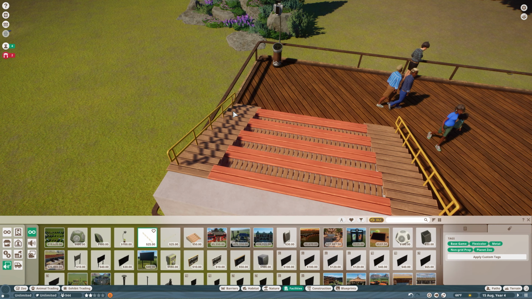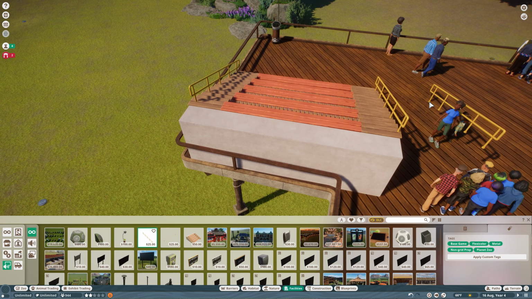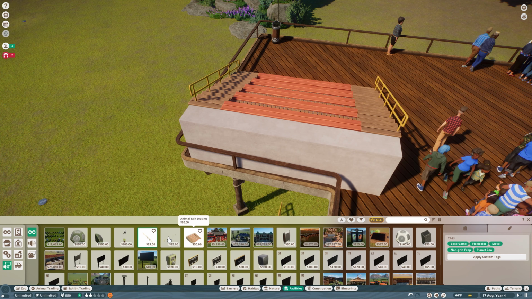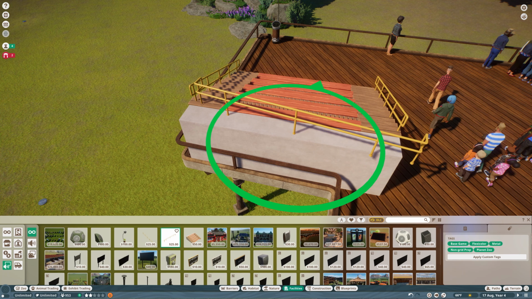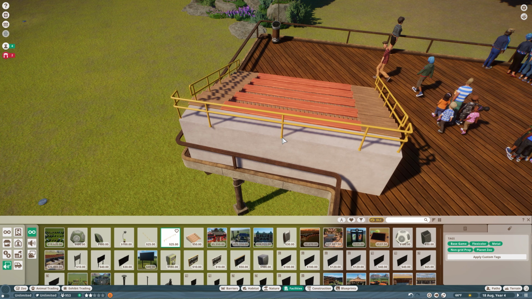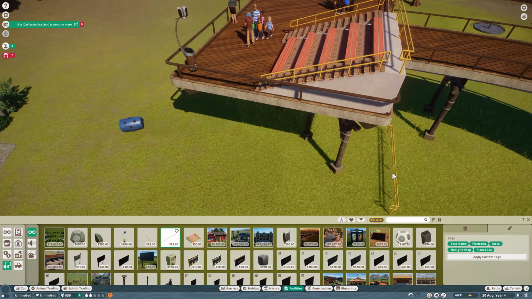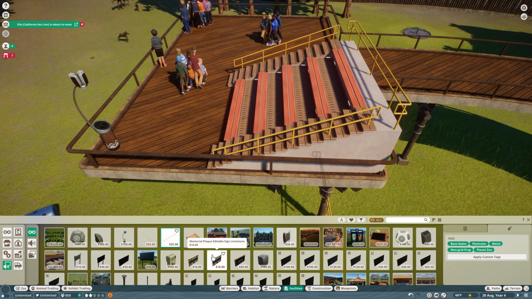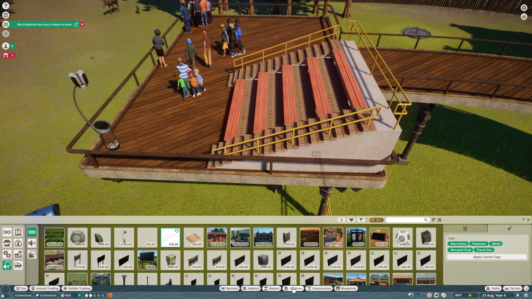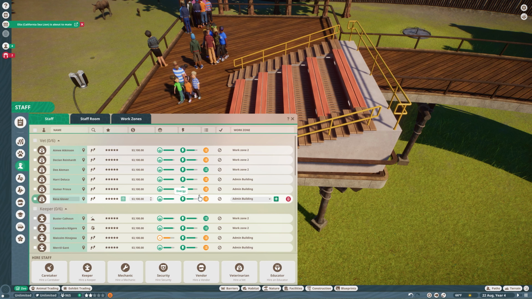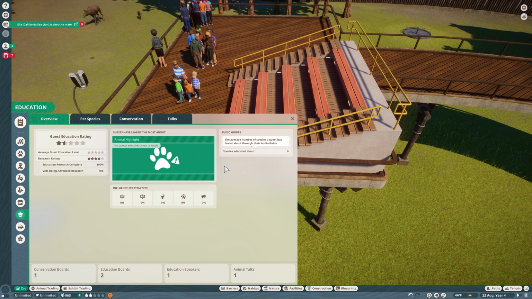So it's kind of like modular. You add your seating and then you can add the railings if you wish. So now we know that people are not likely to fall off here. Put that up here too. So yep, they can go up there, they can sit down, and that is that for the tour, the education